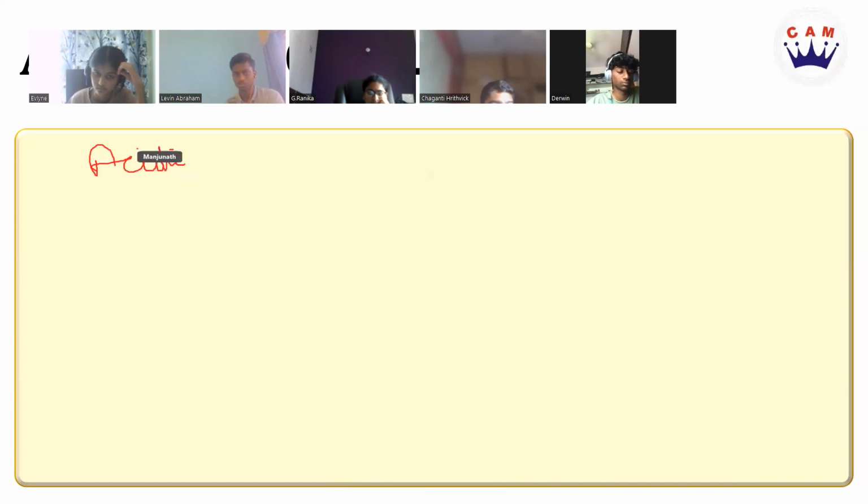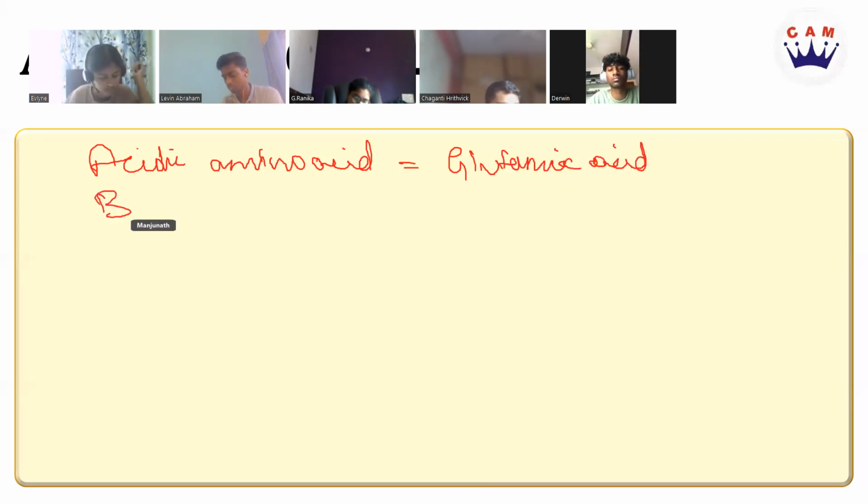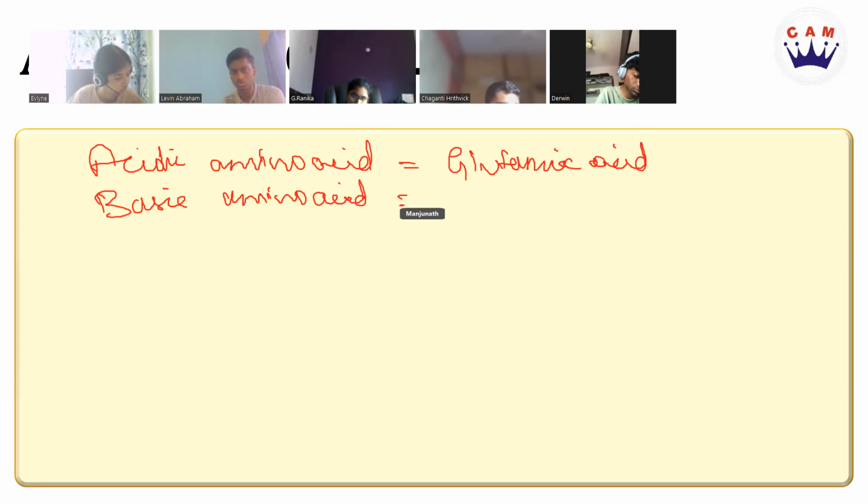If it is an acidic amino acid, then the example is glutamic acid. All these are very important for NEET. Then it is a basic amino acid. Then it is lysine. Then if it is a neutral amino acid,